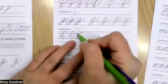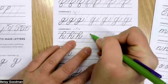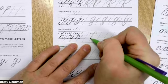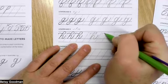So for the letter H, we again have this little entry stroke and ascending loop. So halfway between these two. That's the same that was on the B and the D. And then this is our first compound curve. So it looks like that. So ascending loop